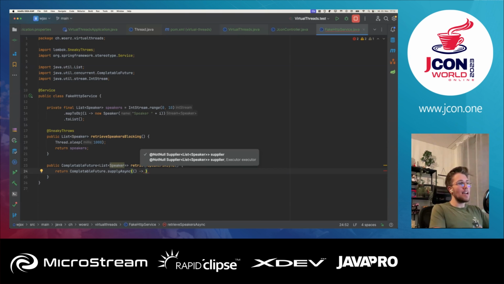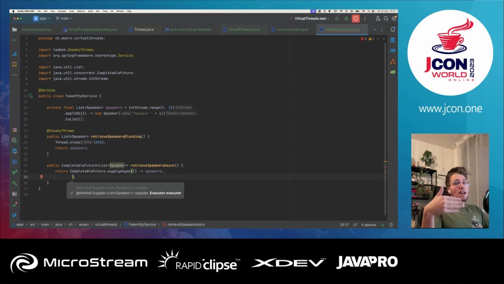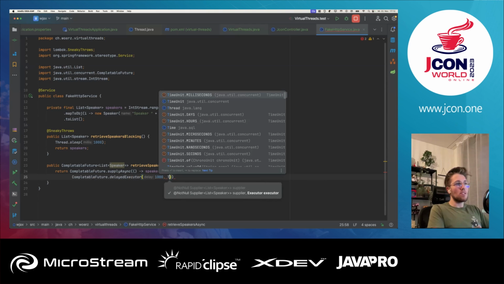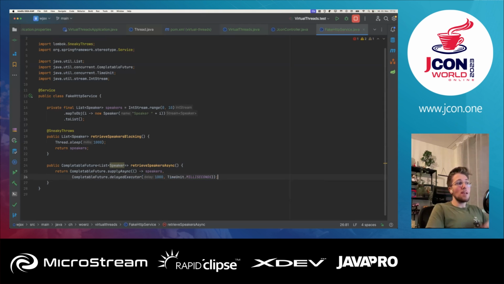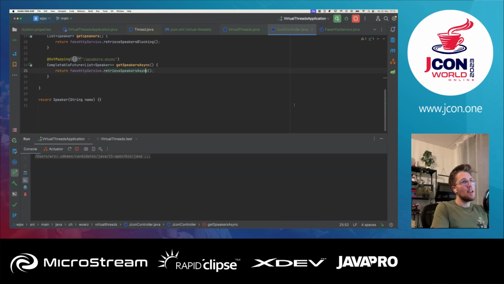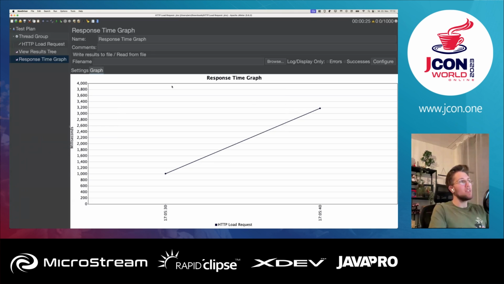And so we say supply async, we return the speakers. And now what we do is we also want to have this delay of 1 second. So we say completable future, delayed executor of 1000 milliseconds. So this way we have like the same delay as with the thread sleep. Now, what we can do here is we just restart our virtual threads application like this. And what we now do is we can see it already restarted. We go back into our